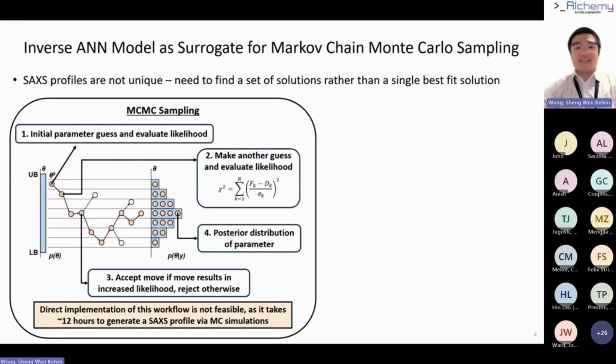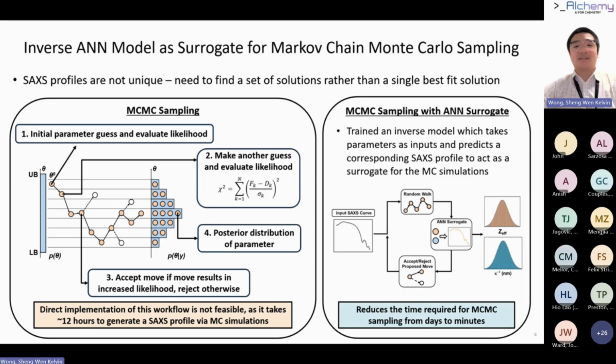So while this is good for trying to get the distribution of the parameters, it is not directly implementable because it takes approximately 12 hours to generate a single SAXS profile from a Monte Carlo simulation. So if we try to implement this, the entire workflow would take days or months or years to converge. So instead, what we did was we used the same data that we had, but this time we trained